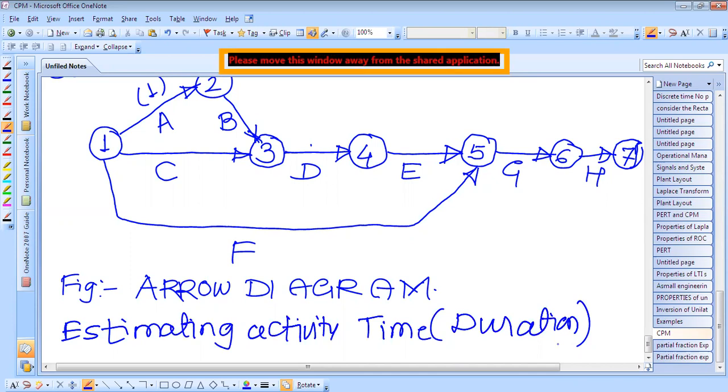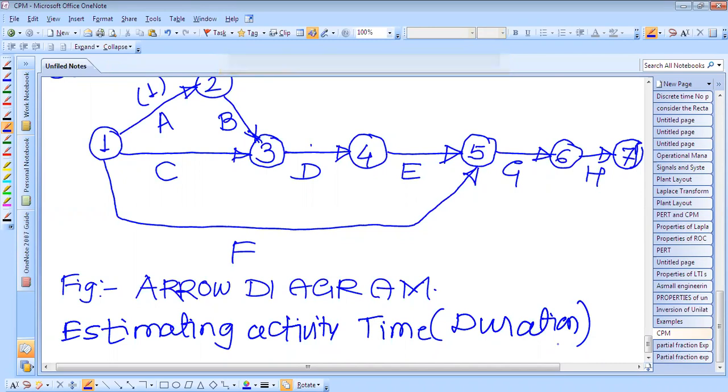experience and he knows the time for each activity. For example, for the first activity, ordering the material for the tank, how much time is required, and once you order the material from the market, how much waiting time is there for that material, then how much time is required for collecting the tool equipment from the market also.